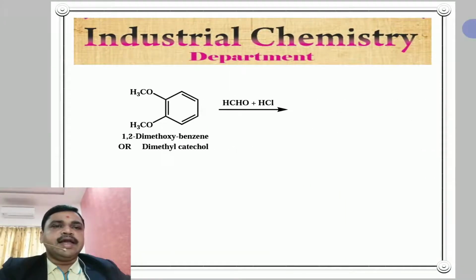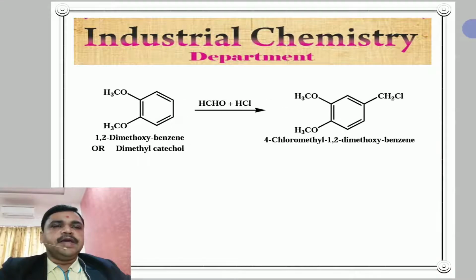This dimethyl catechol is treated with methanol in presence of hydrochloric acid. We get 4-chloromethyl 1,2-dimethoxybenzene. Here, in presence of hydrochloric acid and methanol,